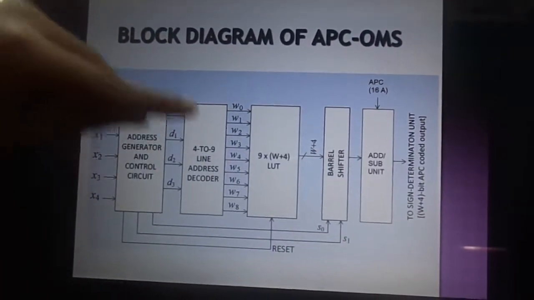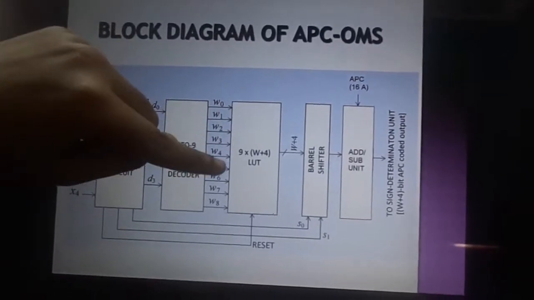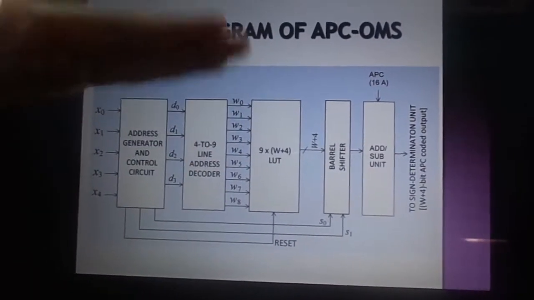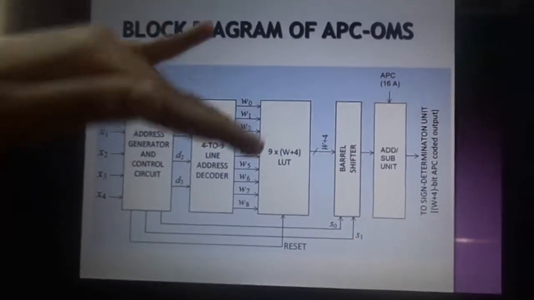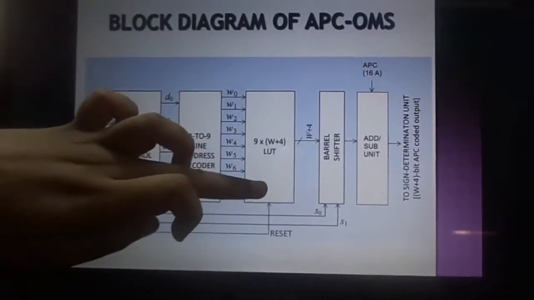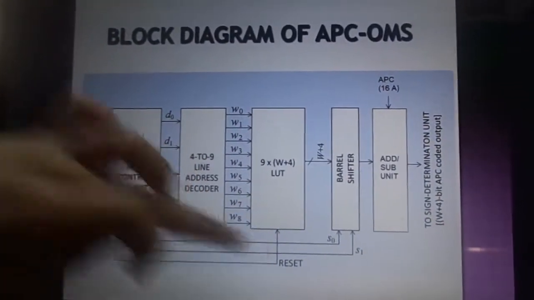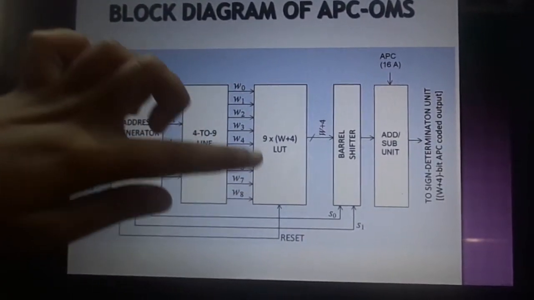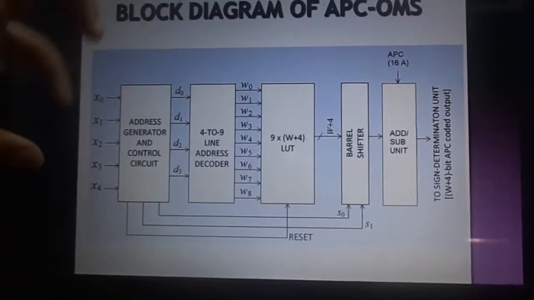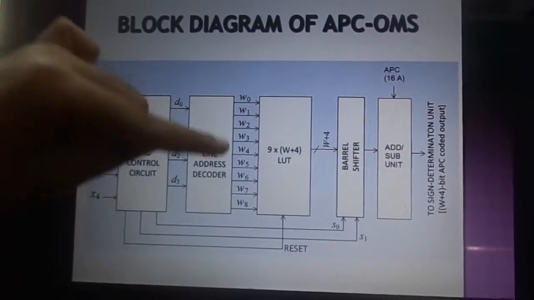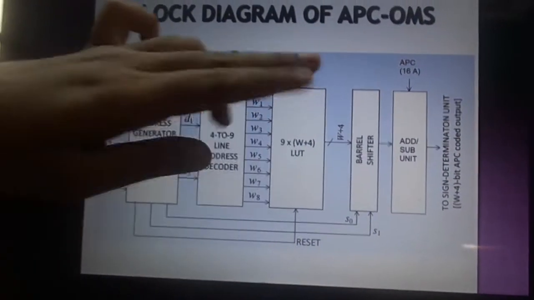These 9 address bits are stored in the lookup table in the form of memory bits. This lookup table will store each and every memory bit that comes to it until it is full. Once it is completely full, it will be given a reset signal from the address generator, and the lookup table will empty itself in order to take up other input signals from the address decoder. After the lookup table, the memory bits are given to the barrel shifter.